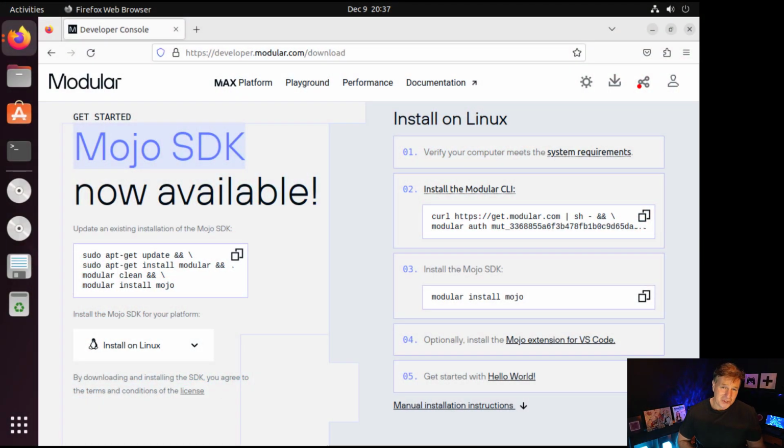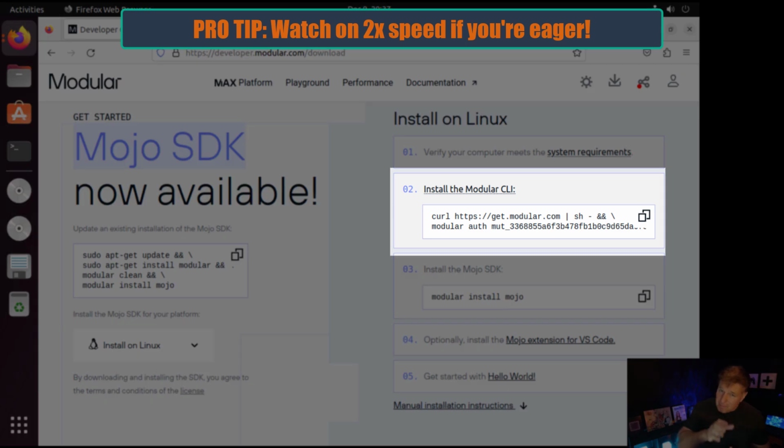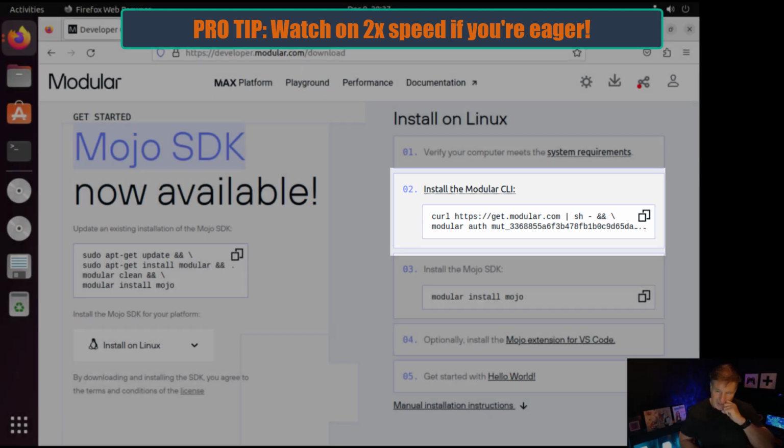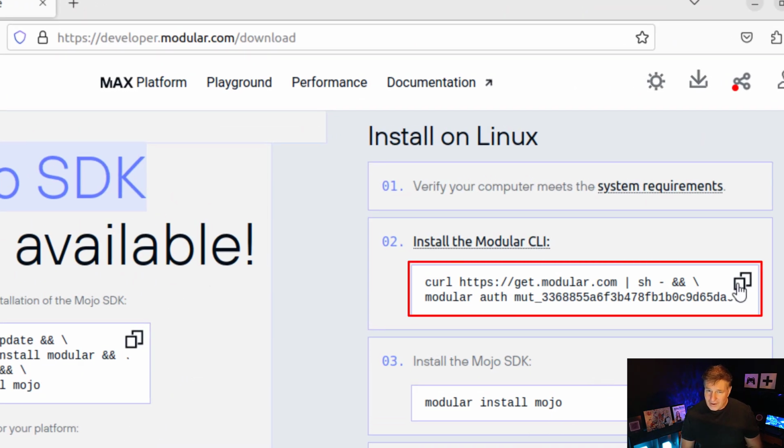Now, to get Mojo installed on Ubuntu, it's a relatively straightforward process, but it is a multi-step process. The first step is to install Modular. Modular is the company that brings us Mojo, and we have to install the Modular CLI first. So you can see there's that command right there on developer.modular.com/download. Go there. You may have to go through a registration wall to get to this page, but find that